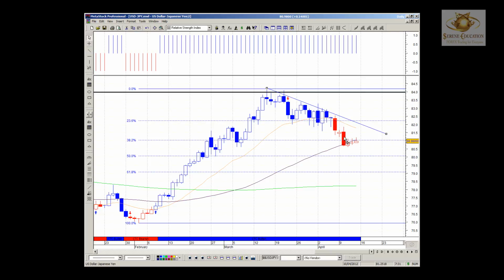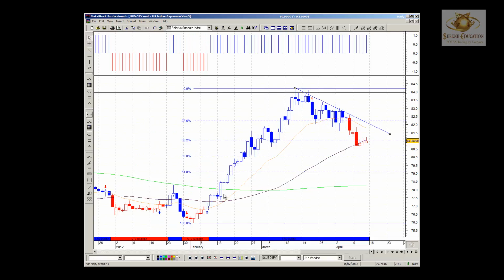So if we see resistance here, a nice bearish engulfing at this 38.2 at the underside, then it's going to clearly confirm that prior support is a new resistance, and we should see price heading towards the 80 line. CTC still remains blue across the board because we're still trading quite a fair way above the institution moving average. So a lot of positiveness. We've got until the 61.8 to see a pullback. If it gets below that, then we're going to start seeing price moving into the red across the board on the CTC. So all we want from the US dollar Japanese yen is a bearish engulfing here today,